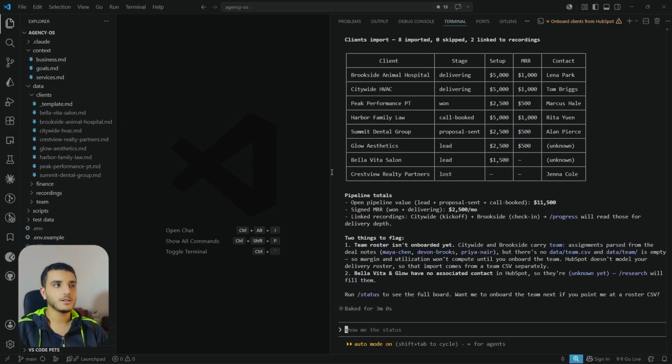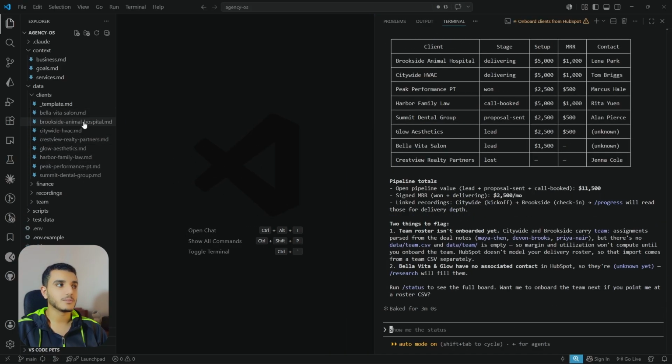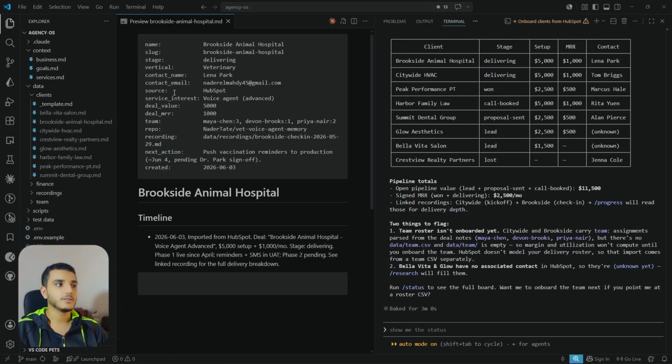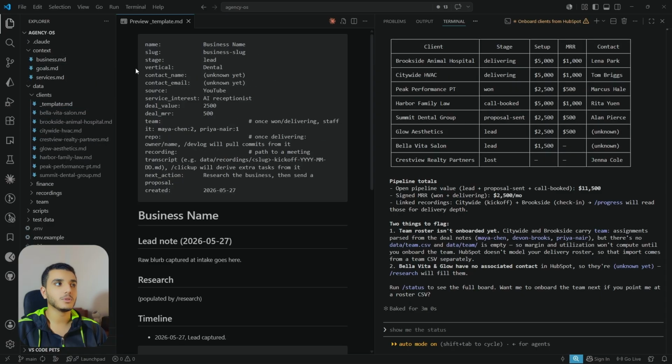Okay, so that's done. If we take a look at, for example, this one, you can see the data is very simple. I didn't want to make this very complicated just for the video, but basically all the files here follow this template right here. So name, stage, vertical, team, so it knows which team members are working for this client,